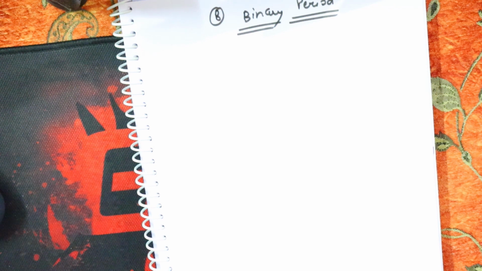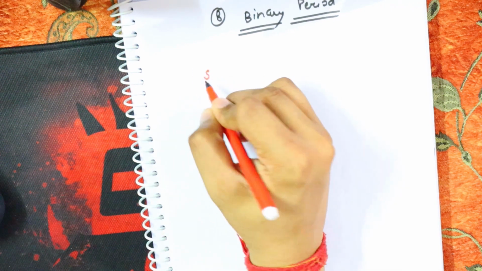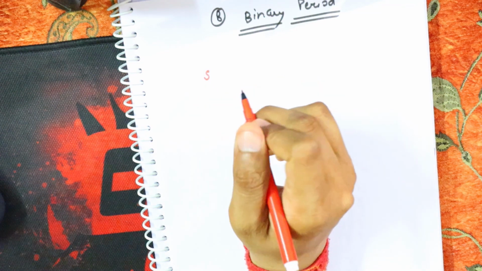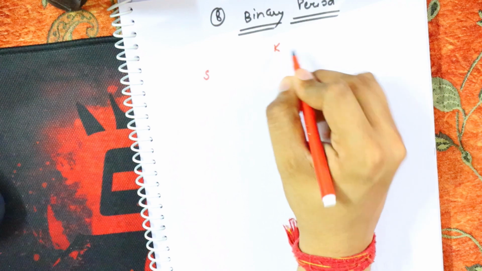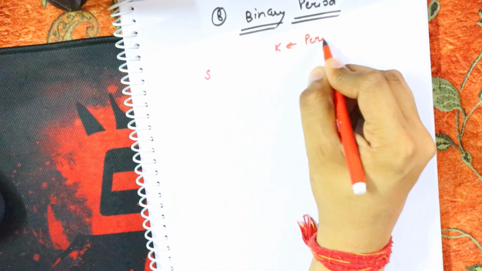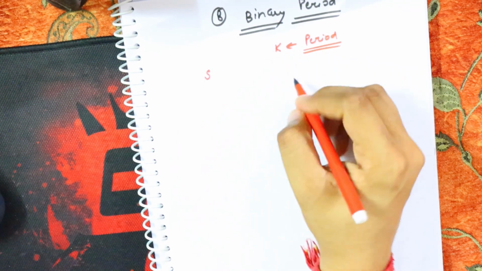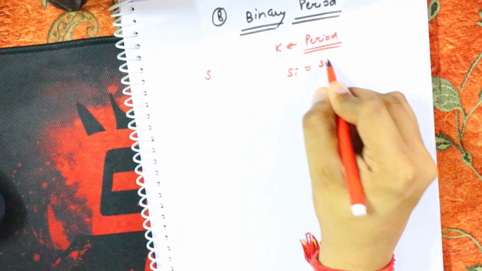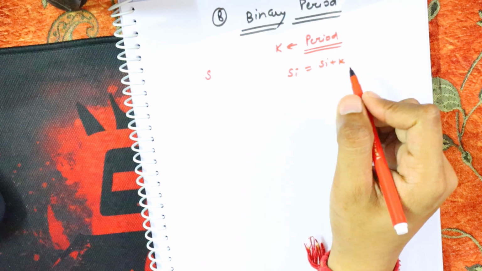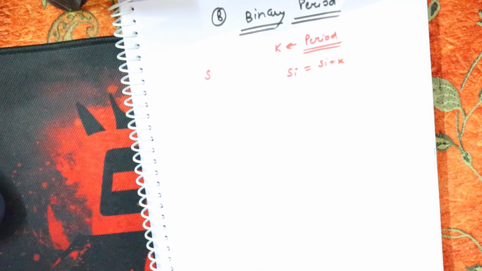First of all I will explain the problem statement, what the problem says basically, and after that we will move on to the solution and then the code. So I will be having a string s. For that string s I have a variable k and I call it a period. Now why is it called a period? It has s of i equal to s of i plus k. Understanding? So the minimum k,